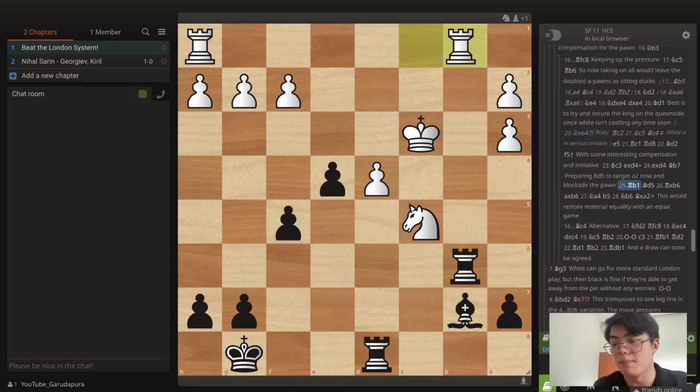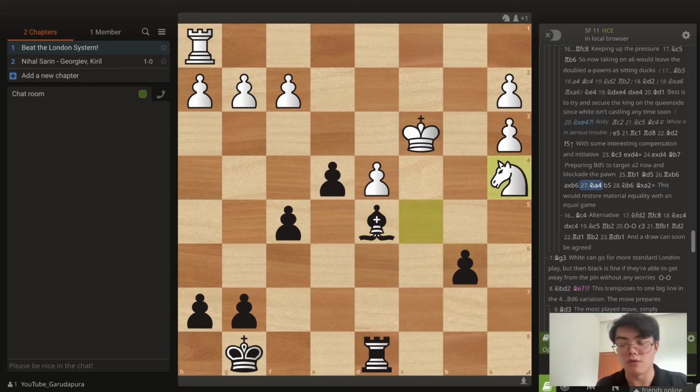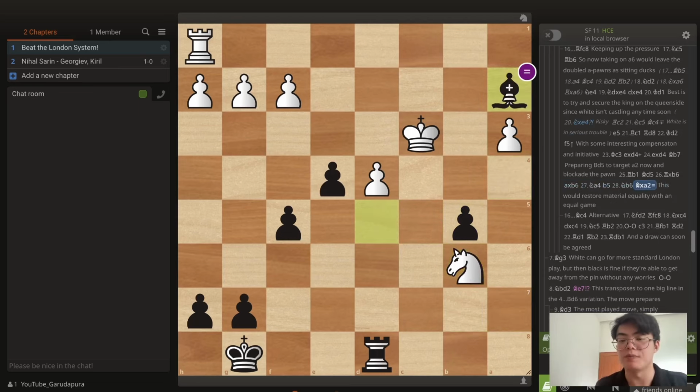So for example, best is rook b1, challenging black for the b file, but now after d5, bishop d5, rook b6, a b6, knight e4, and now we hit the knight with b5, knight b6, and now bishop takes a2. We restore material equality. So it seems like we're able to restore material equality at the very end, and